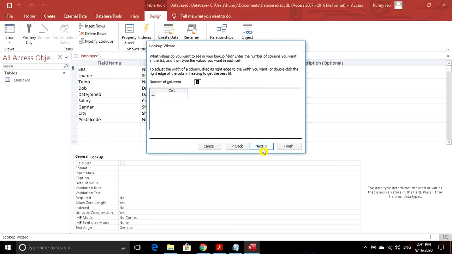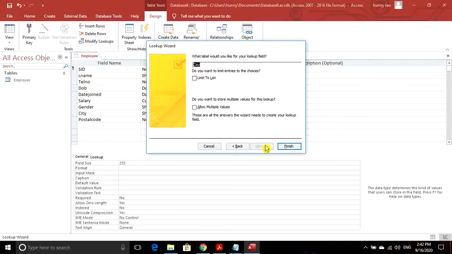Then next, okay, so here you will type the values that you want to add. First I am adding Vacant. Then second I am adding Rawalpindi, and third I am adding Islamabad. So I have given three options. You can add more, and then I will select next.